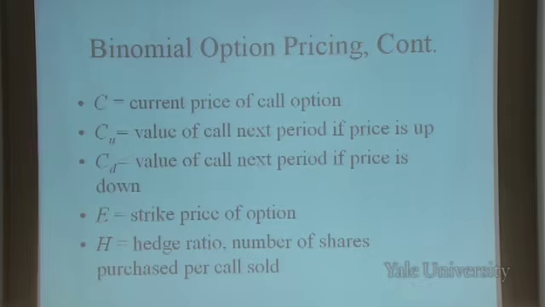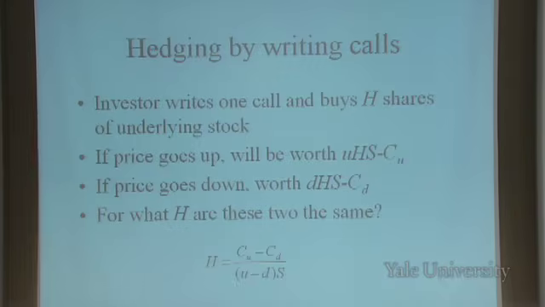on the exercise date. And so what I'm going to do is get an optimal hedge ratio, H, that makes my portfolio riskless. I'm going to form a portfolio of the stock and the option, and I'm going to put them together so that I have a riskless portfolio. All right? And that's what I'm going to do. And out of that is going to fall a value for the price of the option. So this is what you want to do, okay? We're looking for a riskless profit opportunity.